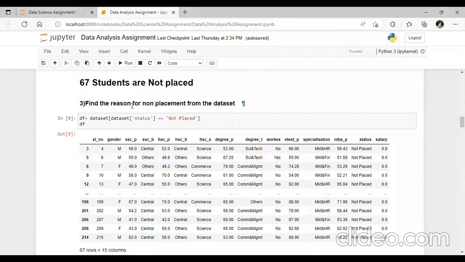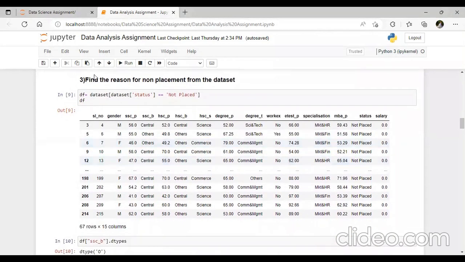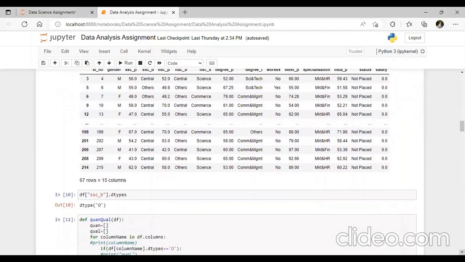And then the next question is to find the reason for non-placement from the dataset. We analyze this question. For the reason for non-placement, we split the data set into placed students and not placed students. So I take this data set table from the status column, not placed students. In the not placed students, we split,